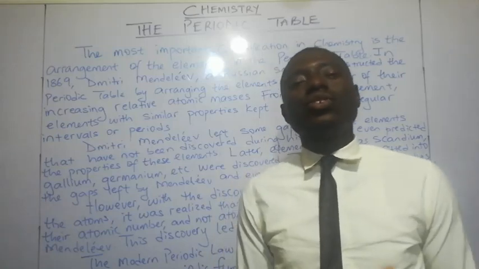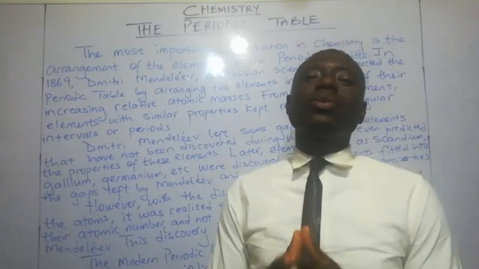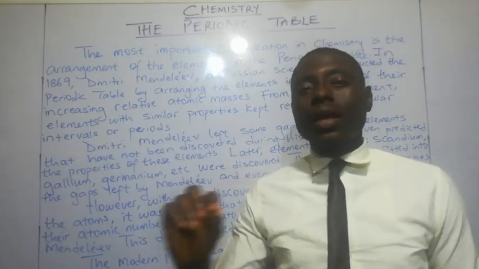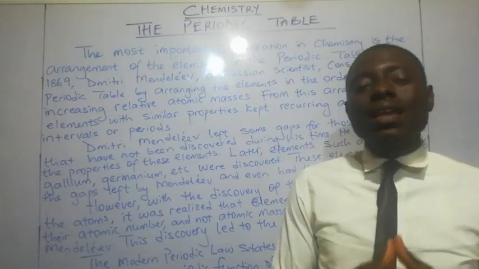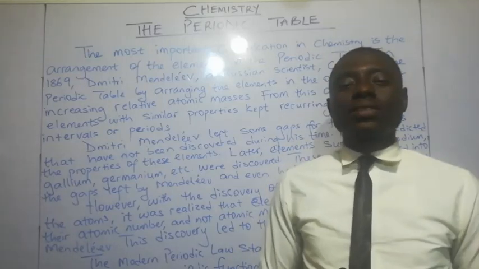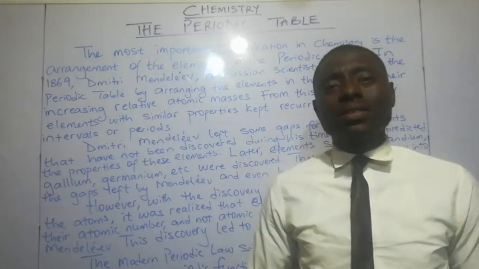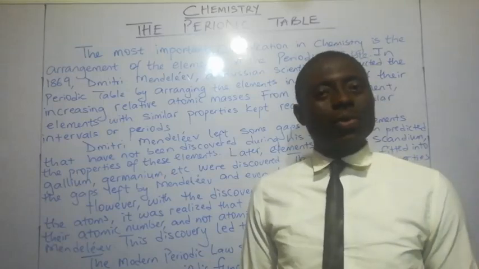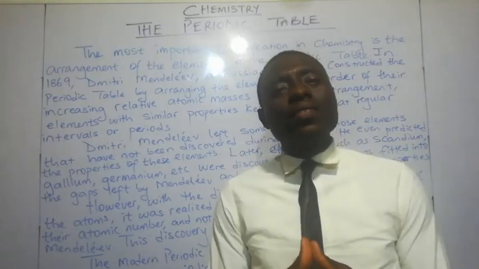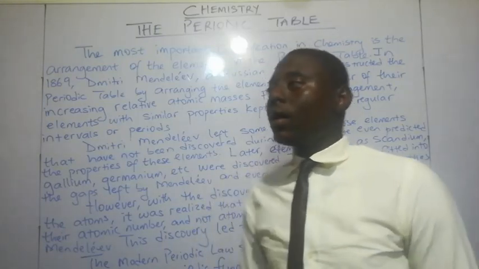So, in 1869, this Russian scientist called Dmitry Mendeleev was the first person to arrange the elements on the periodic table according to their relative atomic masses, RAM. Mendeleev arranged the elements according to their atomic masses. And when he was arranging those elements, he realized that some elements with similar properties kept recurring at intervals or at periods. Those elements that kept recurring at intervals had similar chemical properties. And then Dmitry Mendeleev, of course,